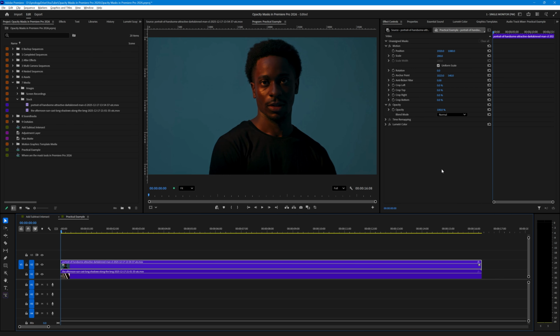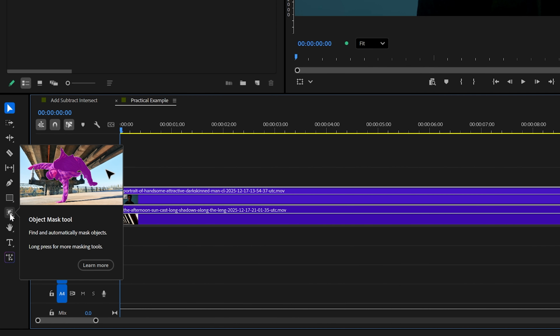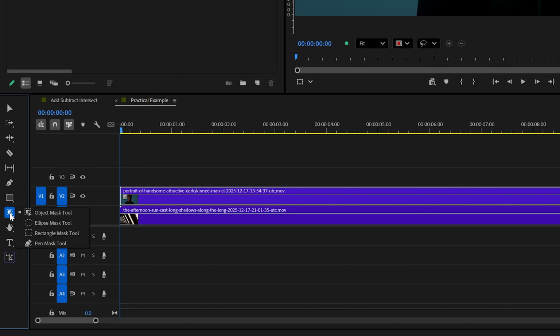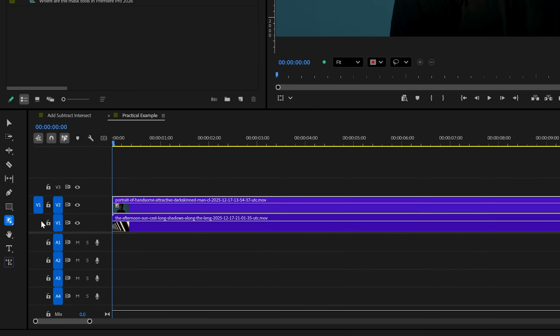In Premiere Pro 26.0, the masking has moved from the effects control area, where the individual adjustments were, right down to the toolbox that is down here, and that is the object mask tool. If you click and hold on it, you can still use the old tools that are there, the ellipse mask tool, the rectangle, and the pen tool for drawing an irregular shape, but we're going to use the object mask